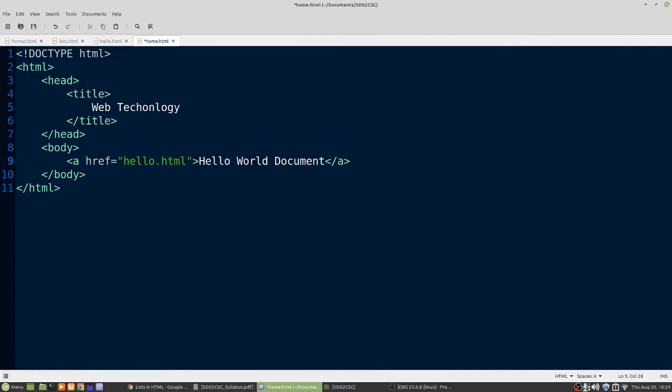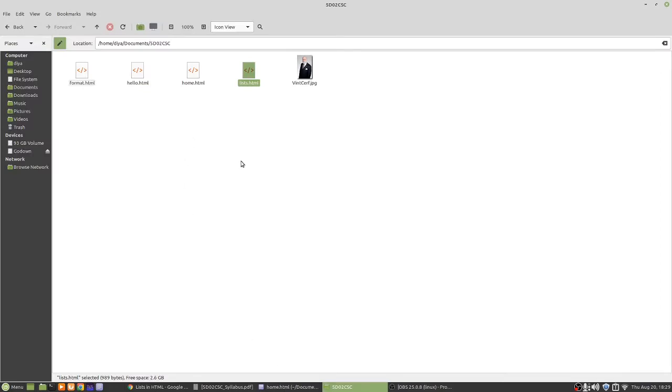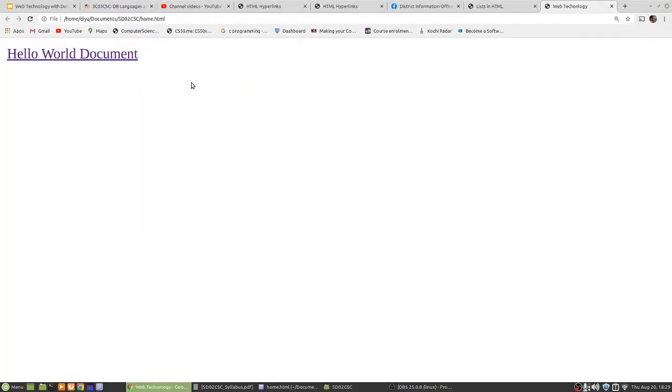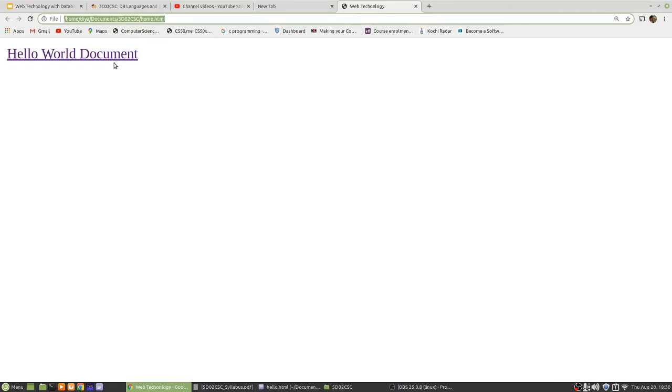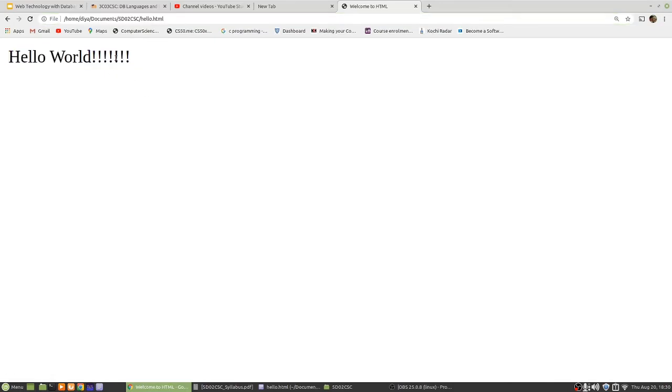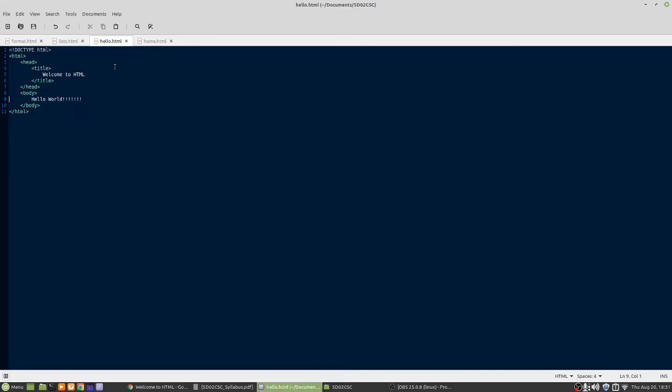Okay, I'm saving this here. Going back to the browser, now opening it in a new browser tab. You can see hello world document is coming here, and there is an underline. Now you can see this is clickable. So this is an example for hypertext. Now we have created a hypertext. When I click on this hello world document, it is opening the hello.html file. Okay, so similarly we can have other